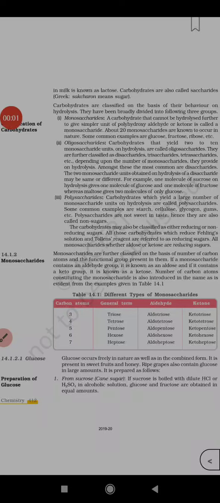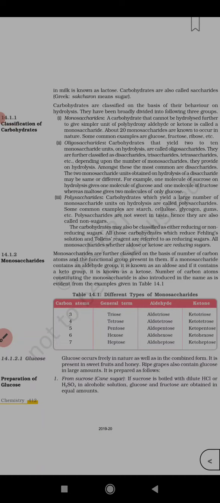Hello everyone. So we have started a series in which we'll be covering each and every chapter of NCERT, and you can listen to the NCERT from wherever you want. As you know, your class 12 board exams are very near, and even your NEET exams are near, and you need to be thorough with each and every line of NCERT. So in this series, we'll cover all the important chapters of NCERT, of chemistry, biology, and if possible even